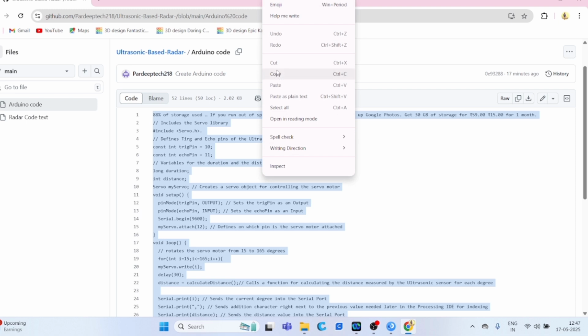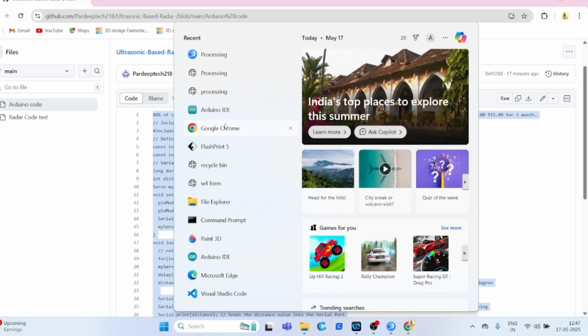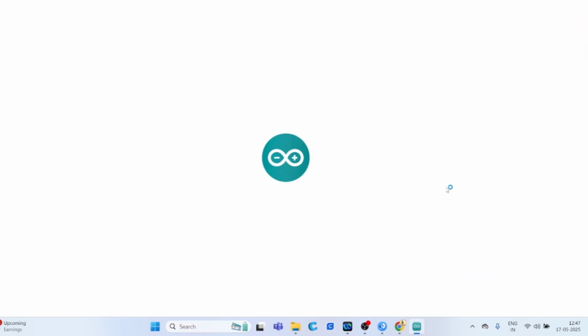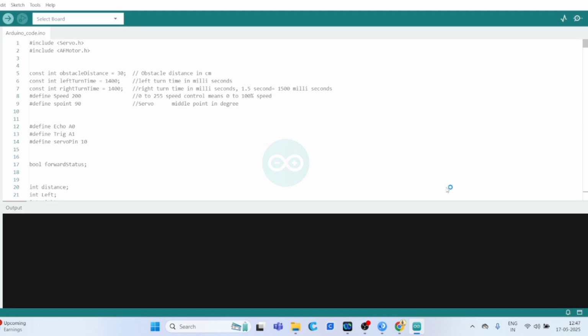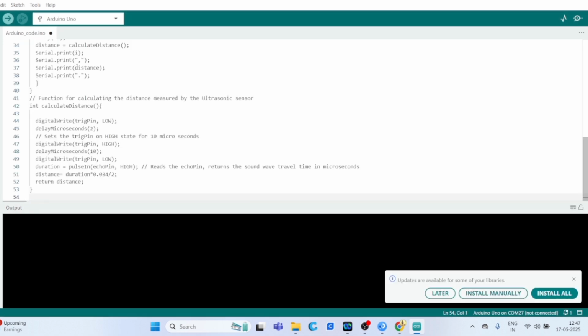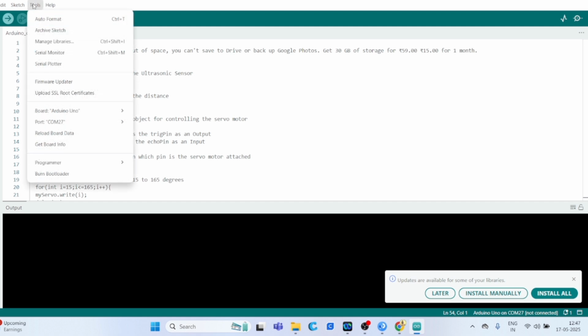and paste it in the Arduino software. And I paste my code here like this. And if you want to learn exciting projects, please watch all the videos and don't skip any video,